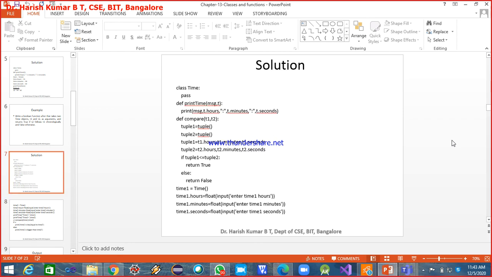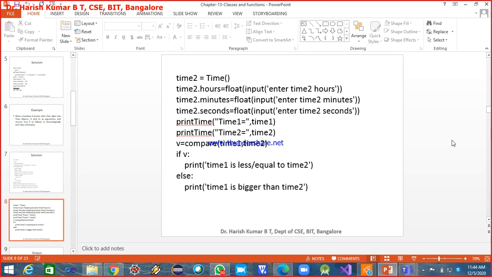One important thing here is since the sequence comparison is required, we can go for using the tuple. When you compare two tuples, it will first compare the first values from both the tuples. If they are equal, then it will go for comparing the second values from the tuples. Okay, so much more easily you can do this, and you can avoid the nested if else statement. It is no longer required.